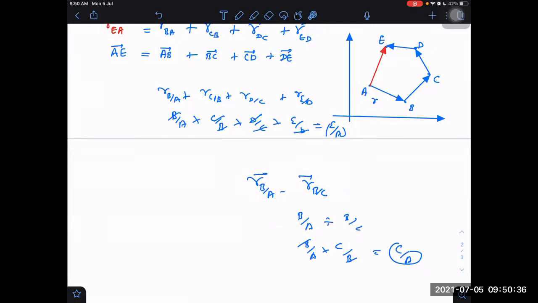So in some books, in rare books, they prefer to represent it as B by A and as B by C. But even if they call it B by A, it does not mean position vector of B upon position vector of A, nothing like that. It simply means, if I have to read it, I will read it as position vector of B with respect to A. I will read it in the same way only. Understood?